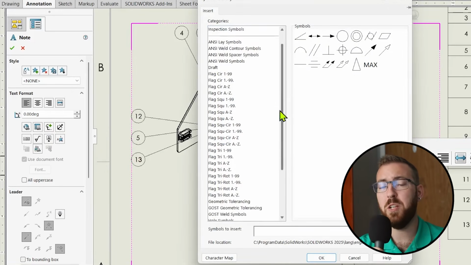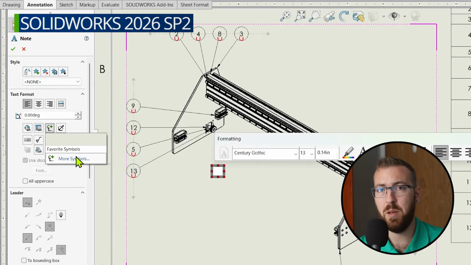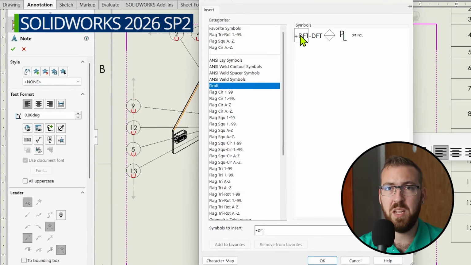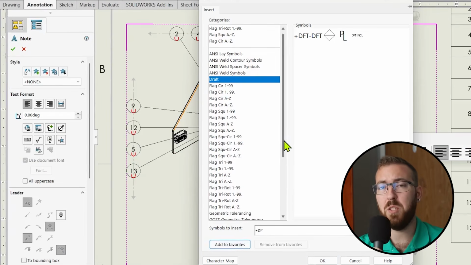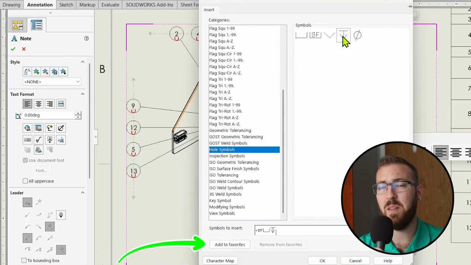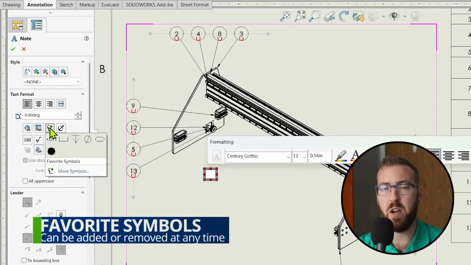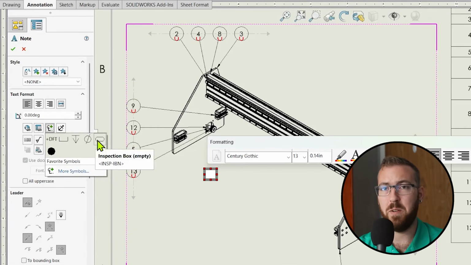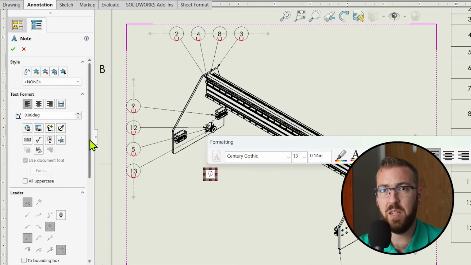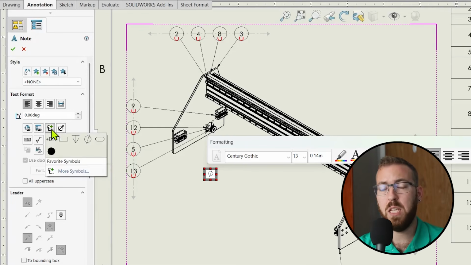2026 SP2 introduces a new favorites folder for these symbols, and it's always the first thing to show up when you go to insert a symbol. It starts out blank by default, but as you locate the symbols you use most frequently, you can use the available button to add them to your favorites list, and the next time you need to insert a symbol, they'll be right there for quick access. And of course, if you need to remove a symbol from your favorites, there's a button for that too. This is a short and sweet enhancement that should make things a bit easier for you if you use symbols